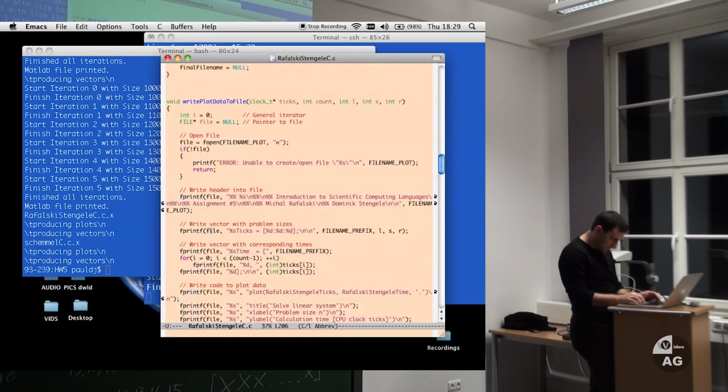This one. This one. You should cast to double. It's clocks per second. Is it good enough? And remove this int.